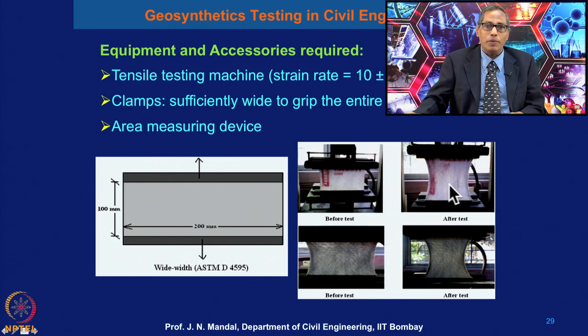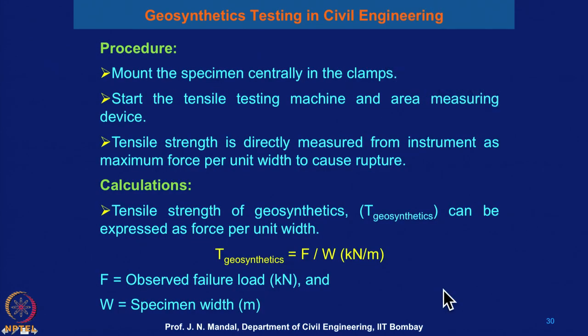This white color is the non-woven geotextile material. You can see after performing the test, there is a formation of the neck and the sample may tear up. So, you can measure the tensile strength of the non-woven geotextile material. Similarly, another non-woven geotextile material before the test and after the test. So, proper kind of testing and proper kind of failure of geosynthetics is necessary. This way we perform the wide width tensile test of geosynthetic material.